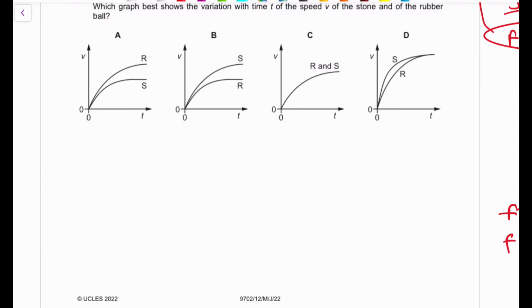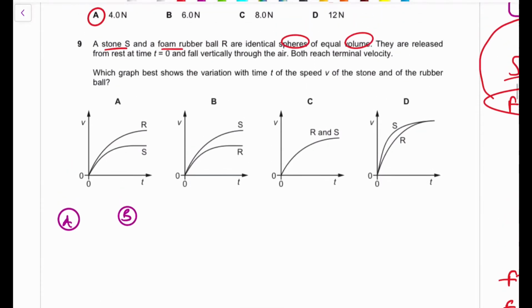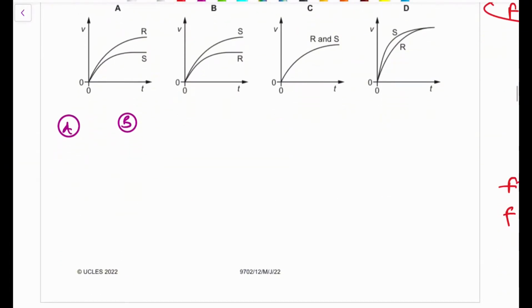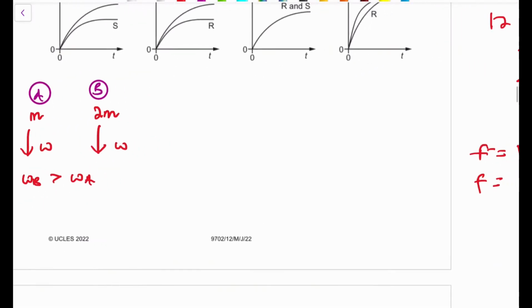I'm going to explain one thing briefly. Basically, they have the same volume. If this is A and that is B, they have the same volume. But since one is made of stone and the other is made of foam rubber, the masses are going to be different. This might have a mass of M, that might have a mass of 2M. So get this, the weight is going to act downwards, and the weight here is also going to act downwards. But you can agree that the weight for B is going to be greater than the weight for A. But for upthrust to happen,